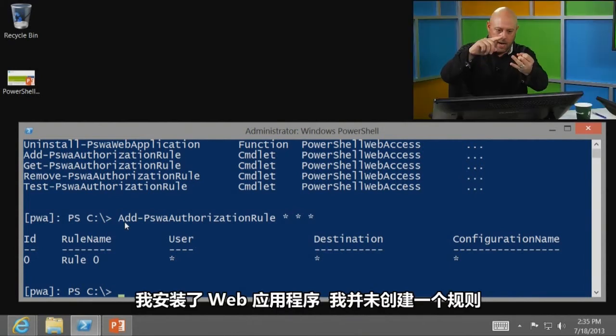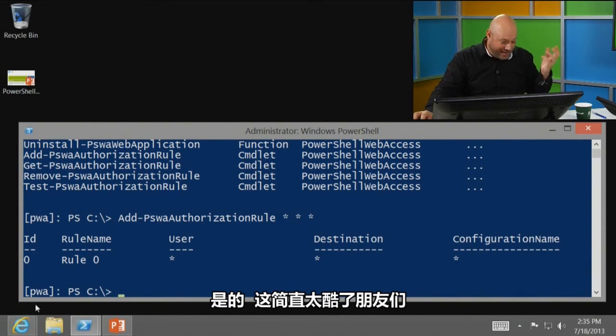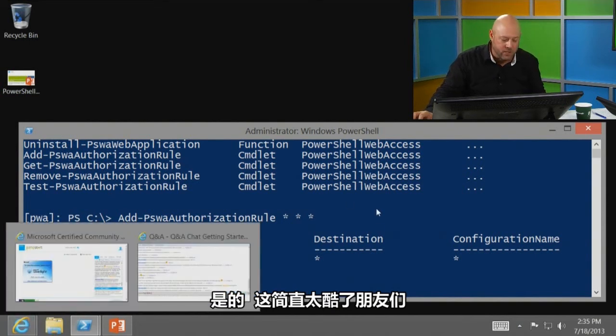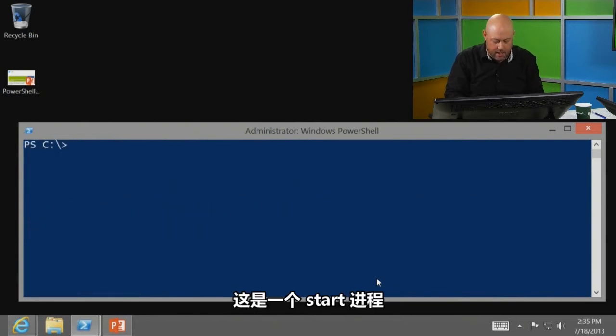I installed the web app, and I have now created a rule. Anarchy. This is so freaky cool, guys. Let me exit out of that machine. This is so freaky cool that I'm going to